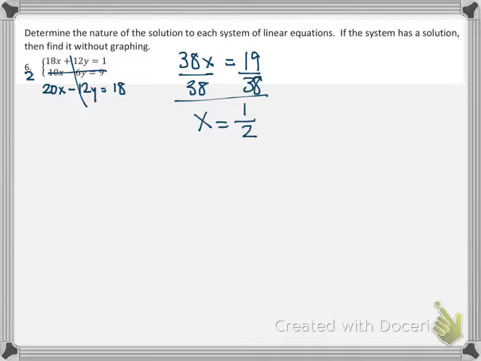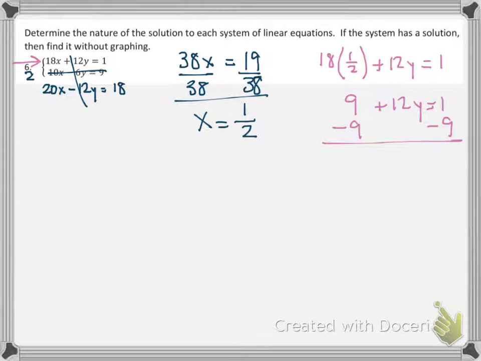Okay, then I only need to substitute 1/2 for every x that I see. So I'll use the top equation here, and I get 18 times 1/2 plus 12y equals 1. Half of 18 is 9, so 9 plus 12y equals 1. And then go about isolating the y. So subtract 9, I get 12y equals -8. Divide by 12. And we get y equals -8/12, which is